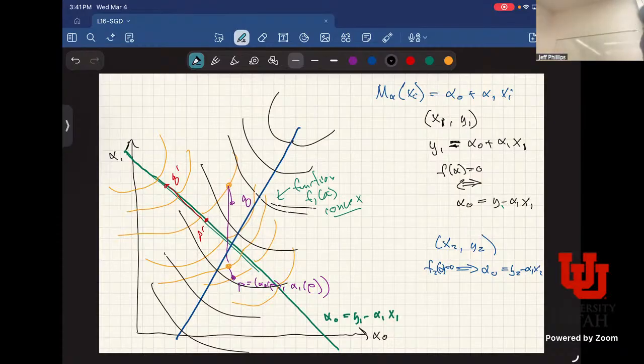This second line with the second data point, this is going to correspond with alpha 0 equals y2 minus alpha 1 x2. Okay, and so this line will also be convex, but not strictly or strongly convex. But now if I combine these together and I add them up, there's only one point where they can both be 0, right here. This point, they can both be 0, and in every other direction, one of the two functions is going to